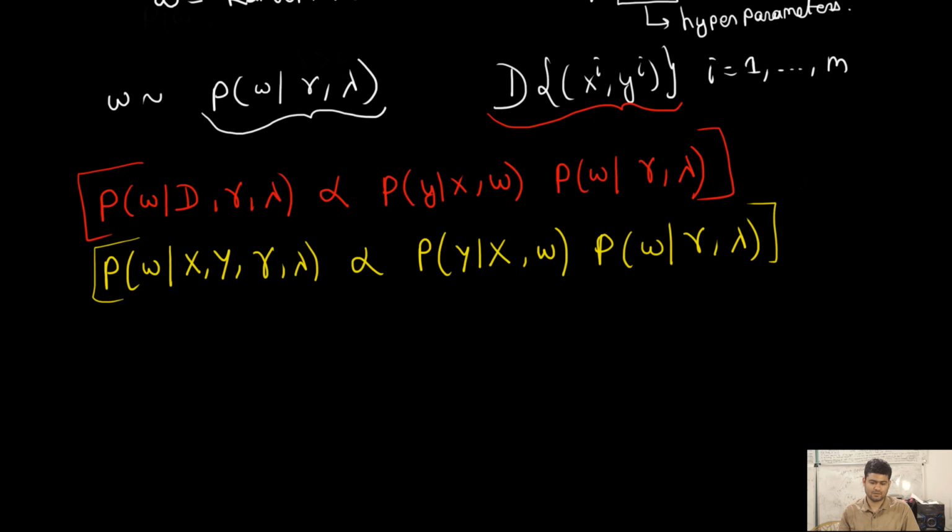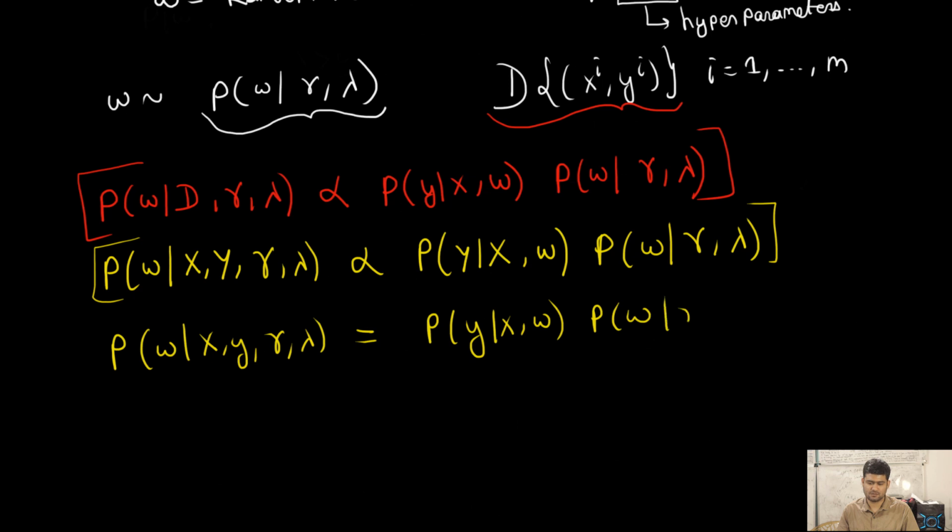So here we can place the equal sign: P of W given x comma y comma gamma comma lambda is equal to P of y given x comma W into P of W given gamma comma lambda over